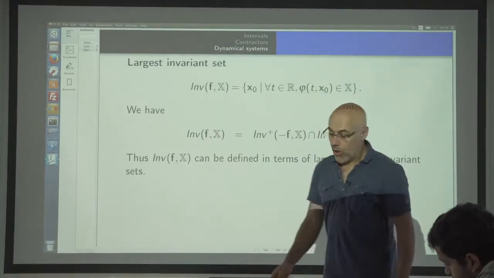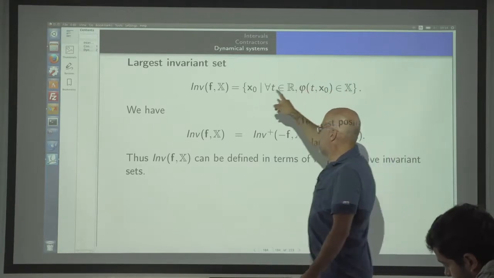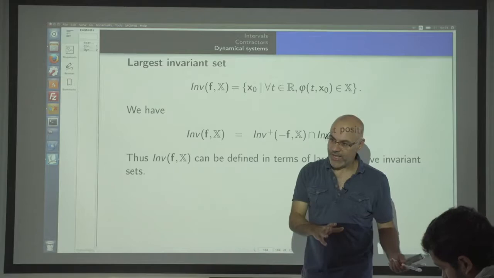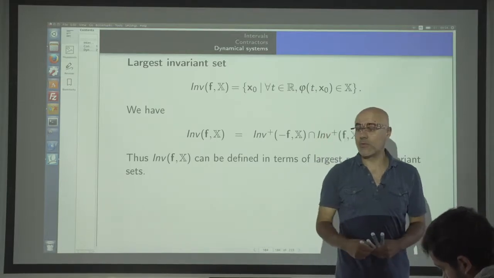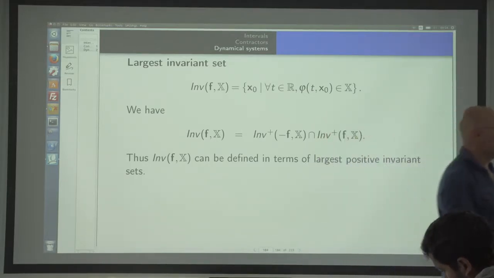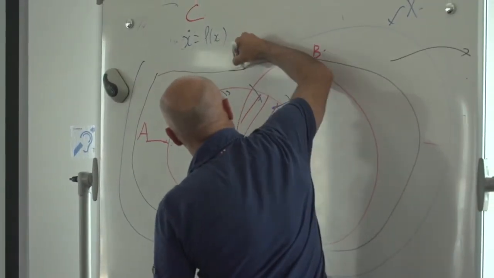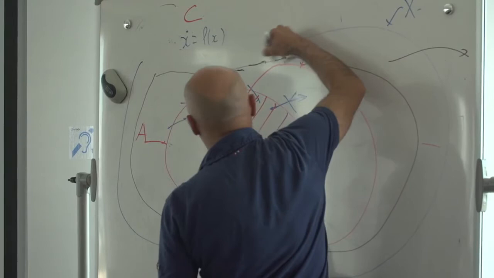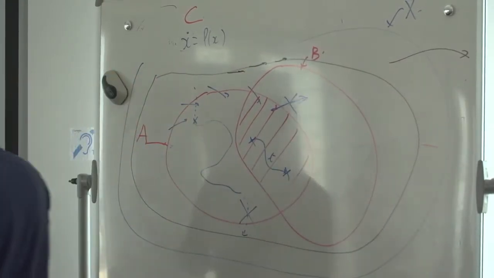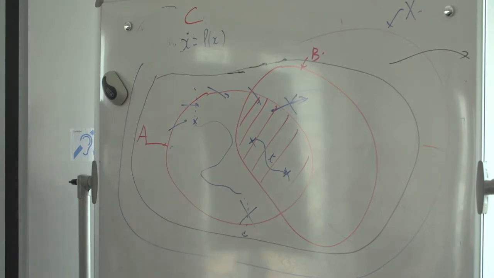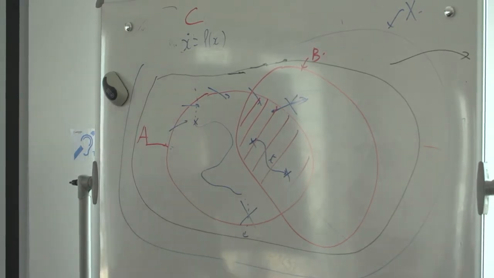What we call an invariant set needs to be both positive and negative, so it corresponds to the limit cycle. It means that in this kind of set, the field is tangent. So I take the intersection between the positive and negative invariant sets, and I obtain the largest invariant set.